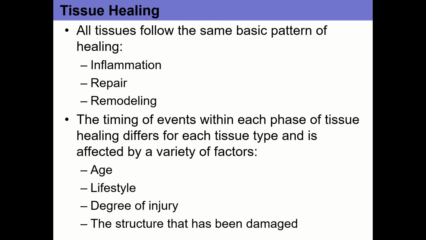And then the structure that's been damaged. Tissues that are more vascular heal faster and more completely. For example, bones are very vascular, and so they tend to heal pretty well, as opposed to tendons, not so much, and cartilage, not so much. Both of those structures are either very slow in healing, or in the case of cartilage inside of a joint, especially as you age, it effectively can't heal itself. And so once you hit middle age, it starts this process of slow degeneration.